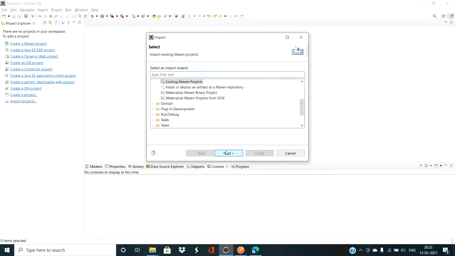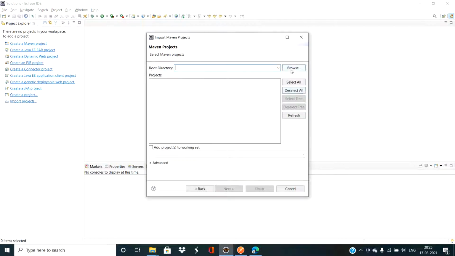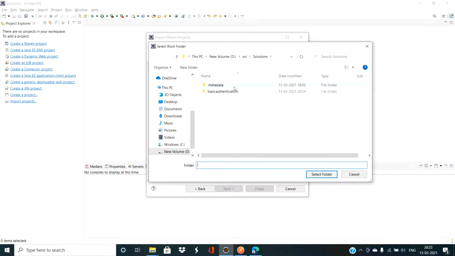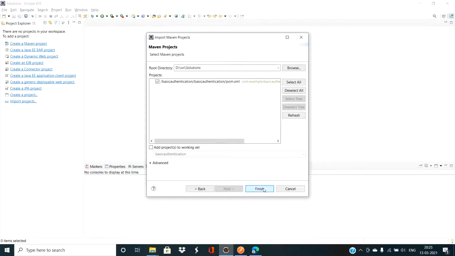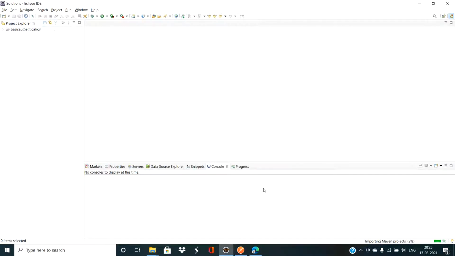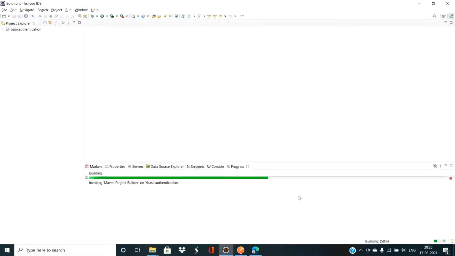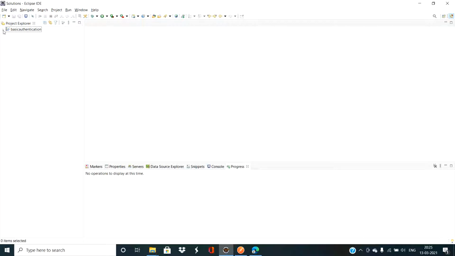This is a Maven project, so select Maven. This is our project. Okay, we are quite done. This will download some of the dependencies. You can see it is in progress. It has started building, cleaning and building the default project.